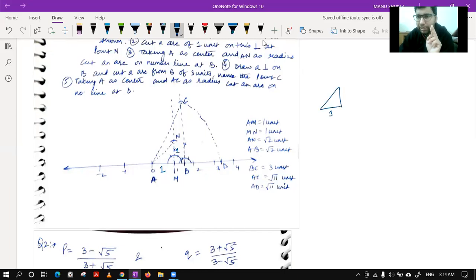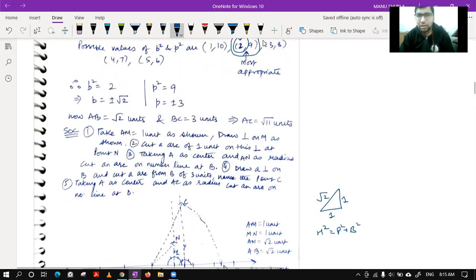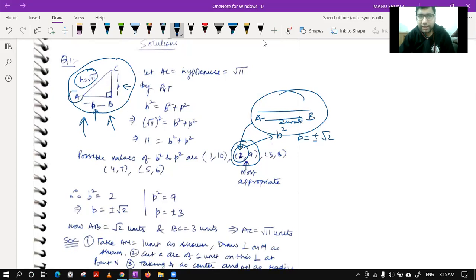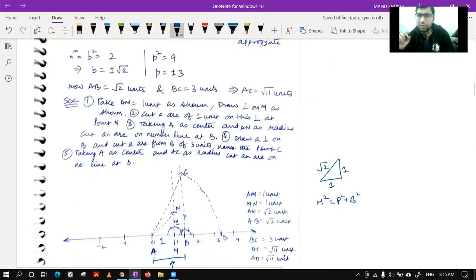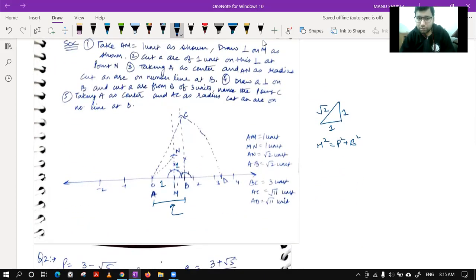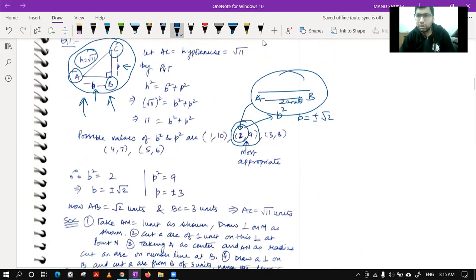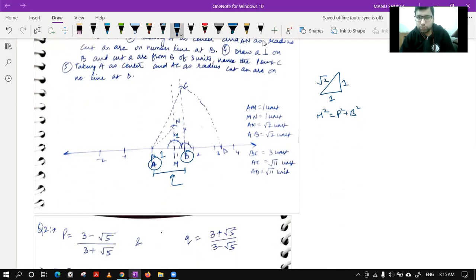Class, just simple PGT, you can apply. This will be under root 2 because hypotenuse square equals P square plus B square. So this AN you have to bring on the number line. This is the starting base AB, and you can see how thoughtfully I am doing things. The rough diagram is A, B, C, the same thing I am trying to have on my number line so that the examiner or the invigilator can understand that this is the same base that we have shown in the rough diagram. So AB is under root 2.